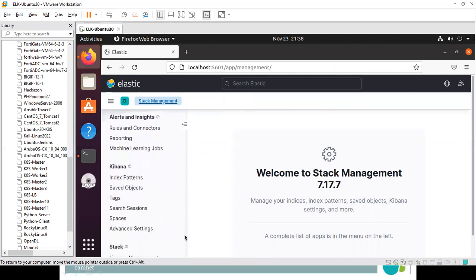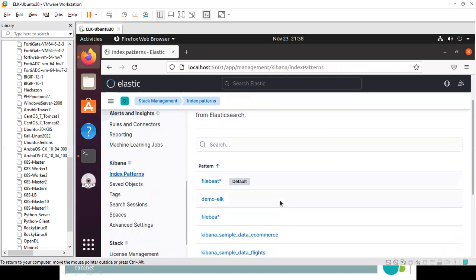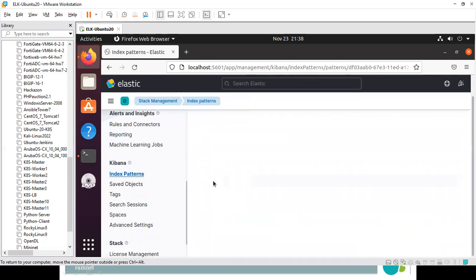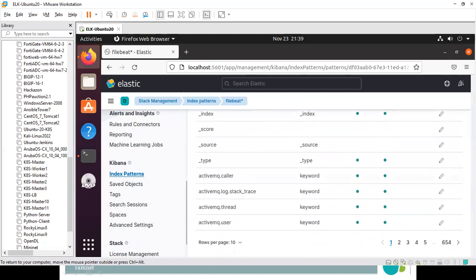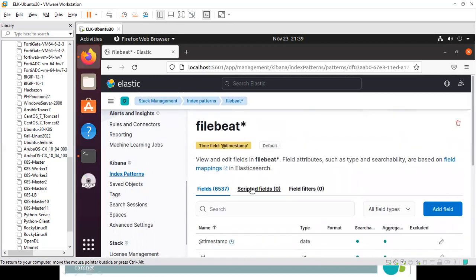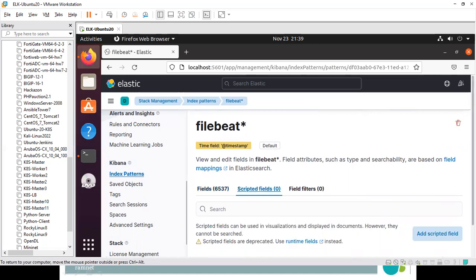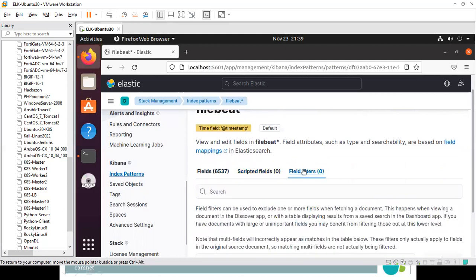Okay, index patterns, you see that. Or you can see the older one also, demo ELK. Some graph will come up immediately.